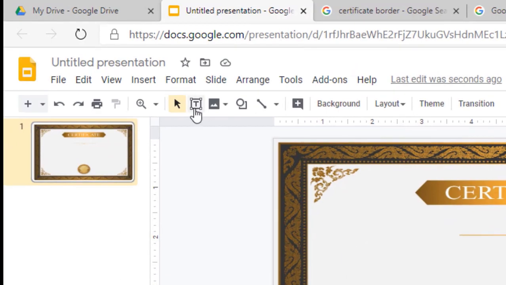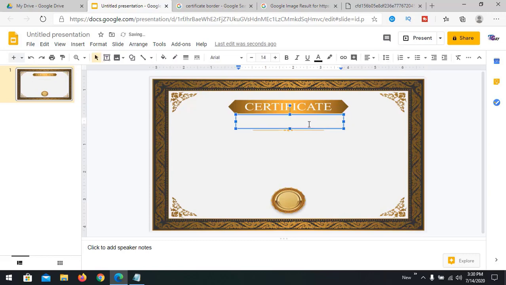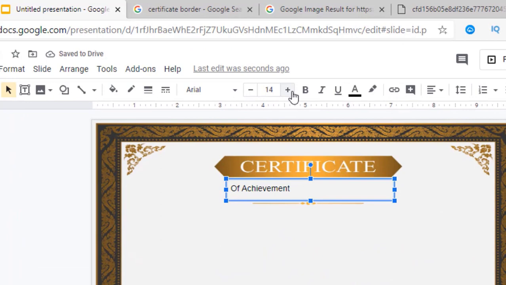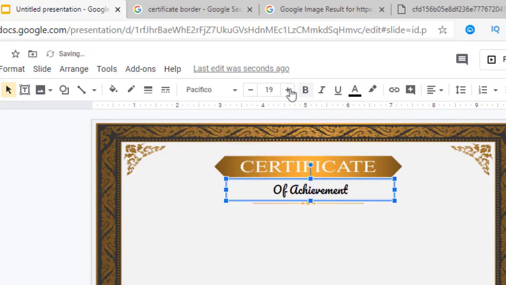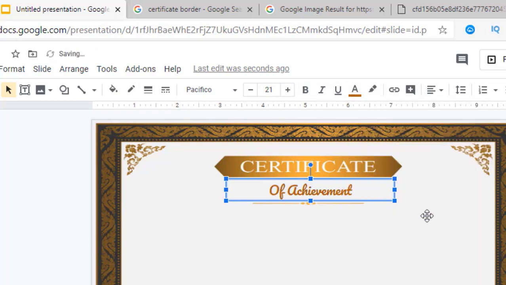We're going to add some text, like a certificate of achievement, and obviously I'm designing some parameters, making it centered and giving some specific design. We can make it a different color according to our requirement.